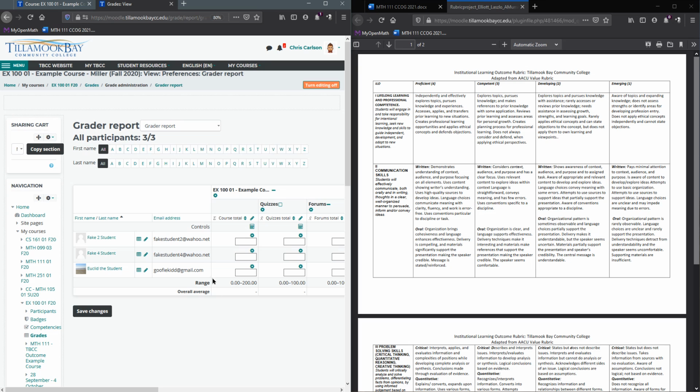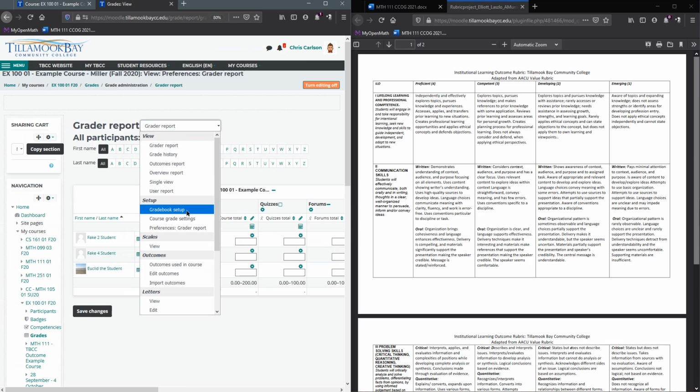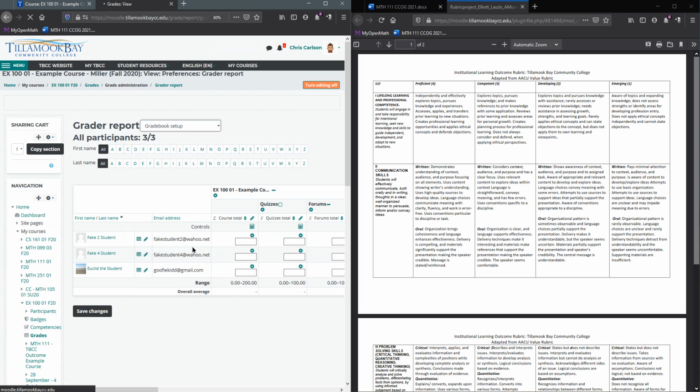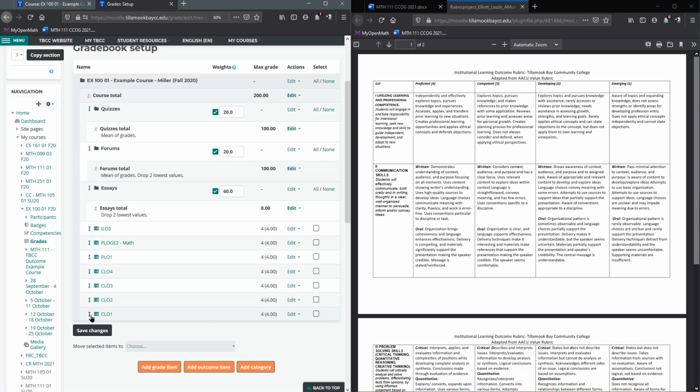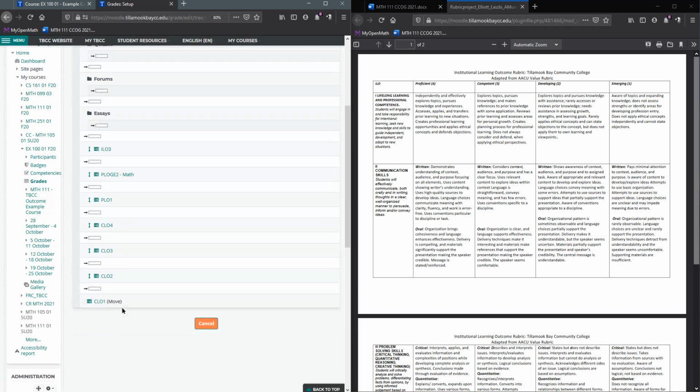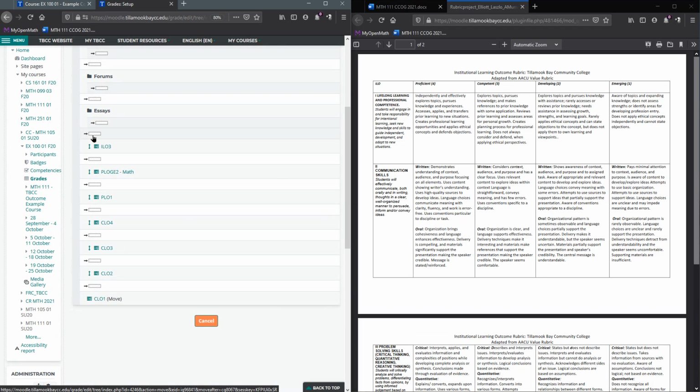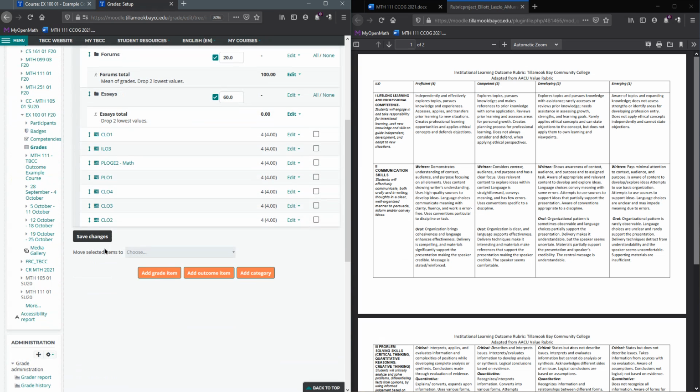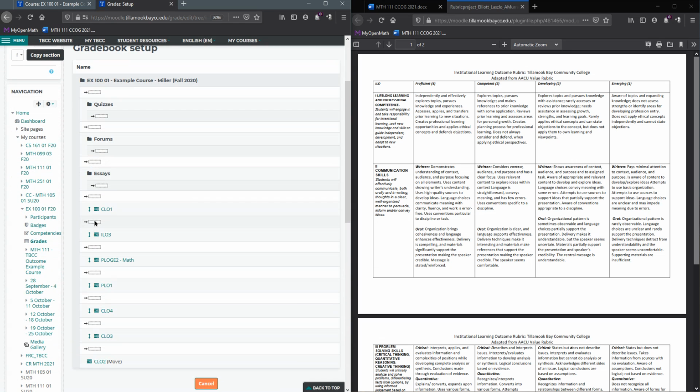Now it takes you right back to the grader report. If you really want to change the order, you can go to gradebook setup, and all you need to do is take CLO1 and click here, and you can put it at the top of all the outcomes. I'm not going to reorder all of these, but now you see CLO1 at the top there. I'm going to click CLO2, drop that under CLO1,